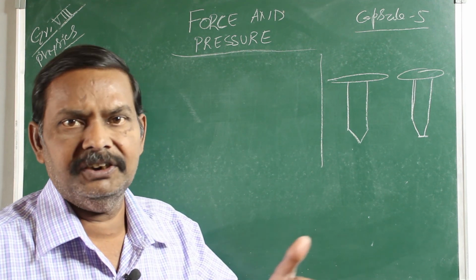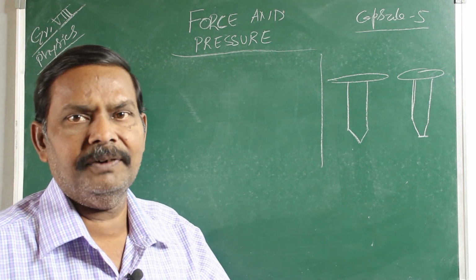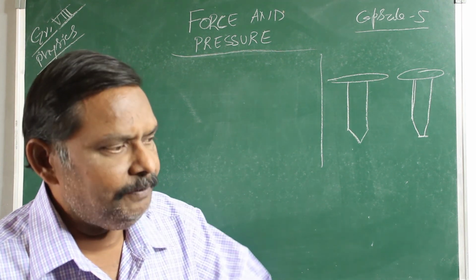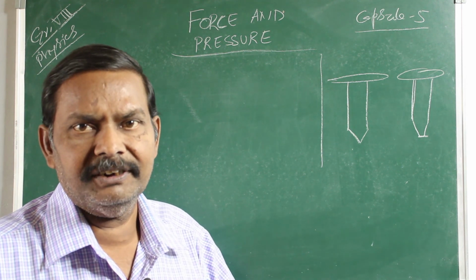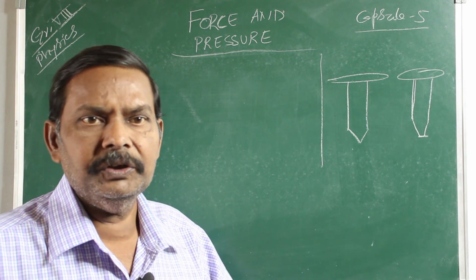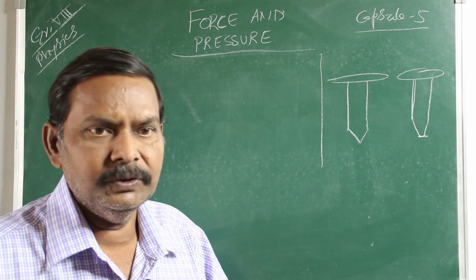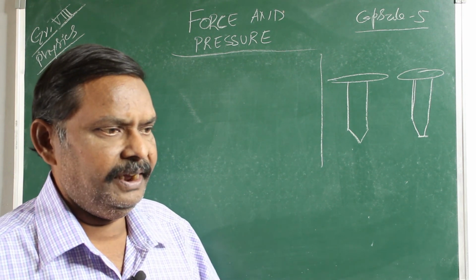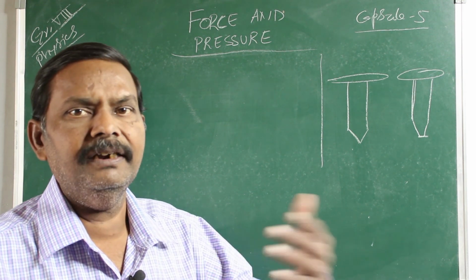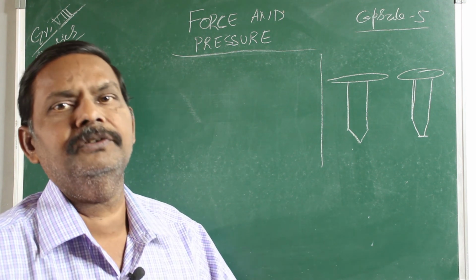So the area of cross section is more, then obviously the pressure will be less. And in the sleeping posture, the area of cross section will be very high, so the pressure will be very less. So it depends upon the area of cross section; the pressure will vary from one situation to another situation,